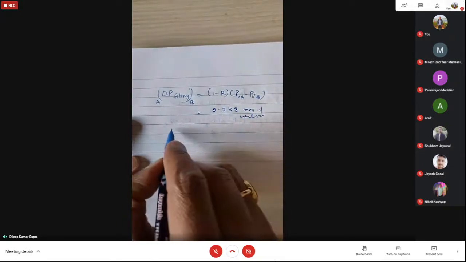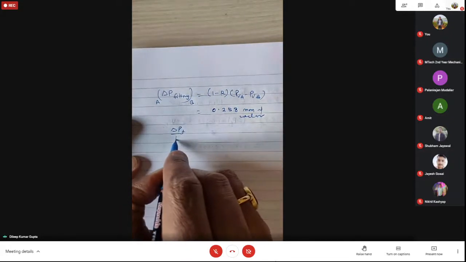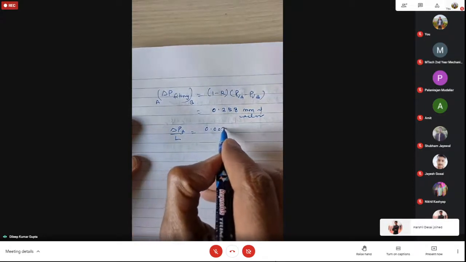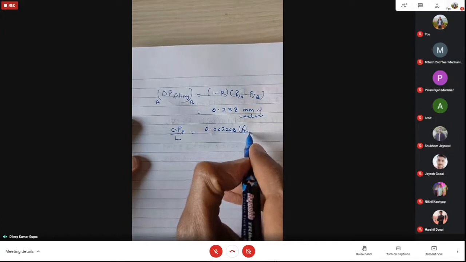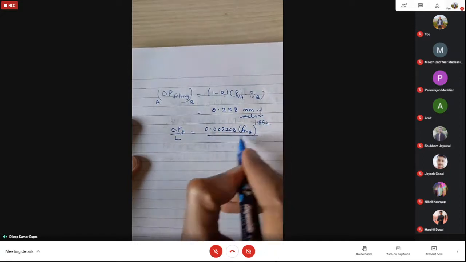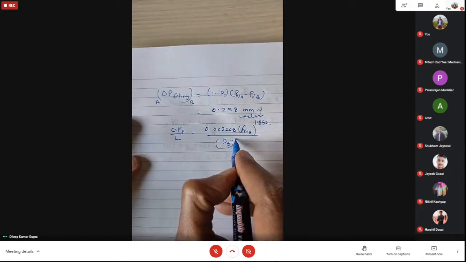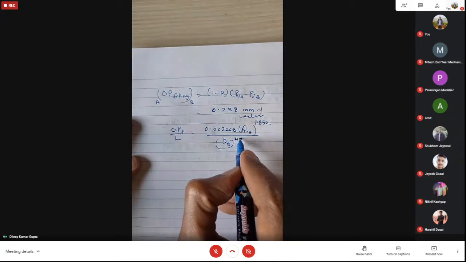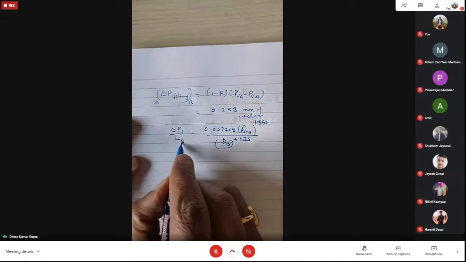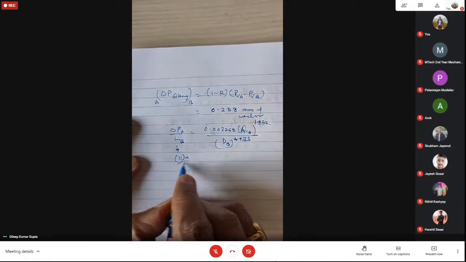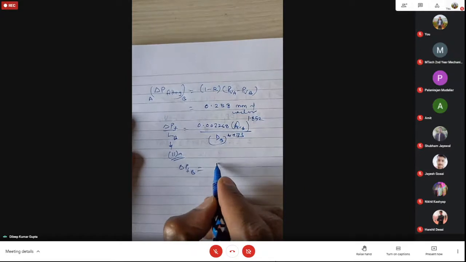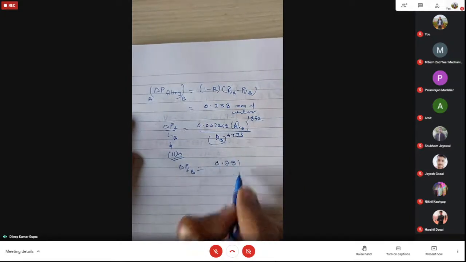Once this is done, then we'll find out the value of delta P due to friction per unit length. That will be equal to again 0.002268 Q V_B raised to power 1.852 divided by the diameter at B raised to power 4.973. This value of L_B is known to you, that is 11 meter. So if 11 meter is known, you use this value and you can find out the value of delta P_F at section B. So that value is coming around 0.781.